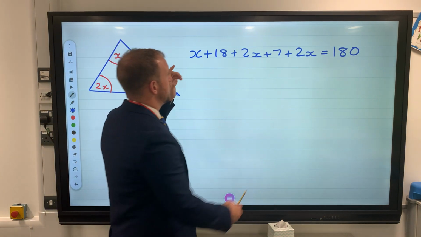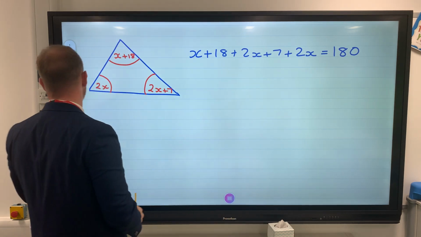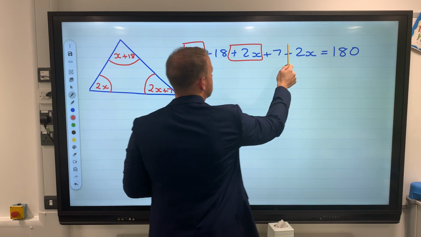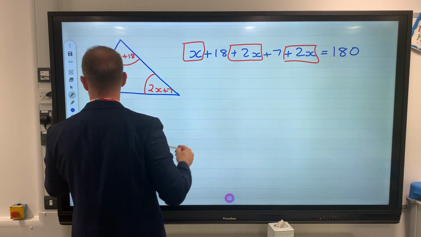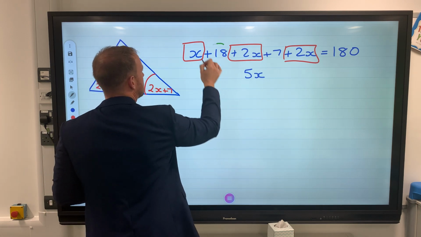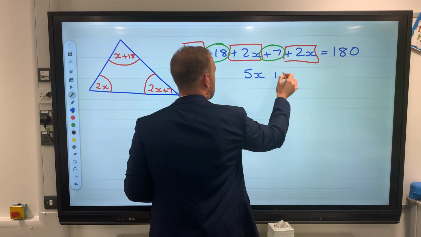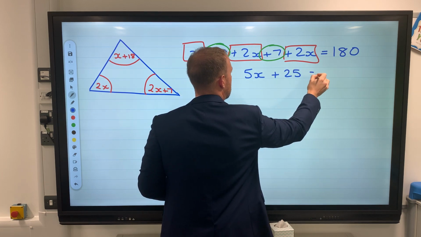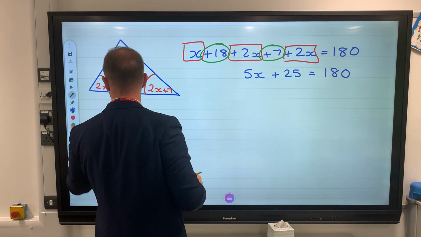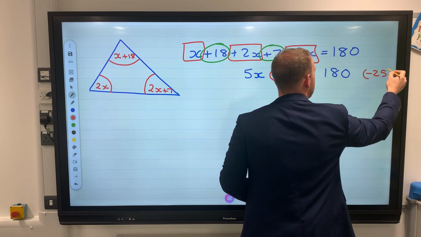So we had an expression without the equal sign. Now we've got an equation. Now we can solve. But I'm going to simplify first. Let's put the x's together. Well, I've got 5x there. I've got 18 plus 7 is 25. Equals 180. Okay, to solve then, inverse operation, take away 25,